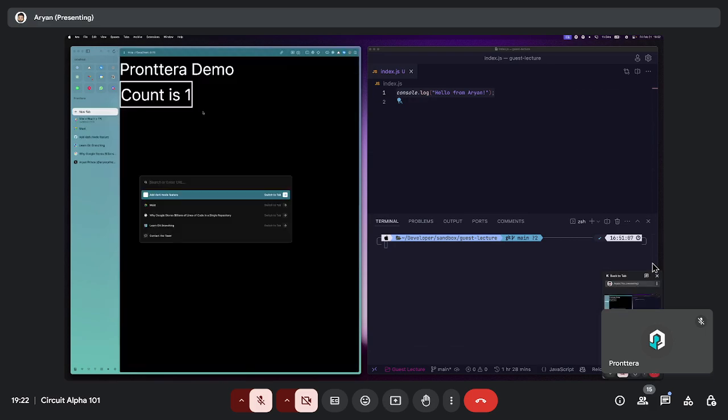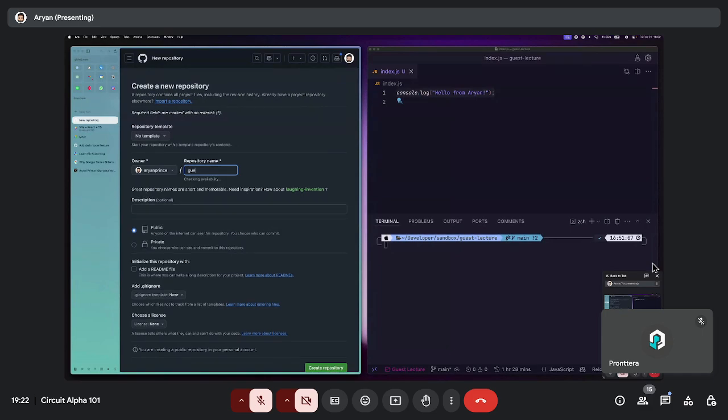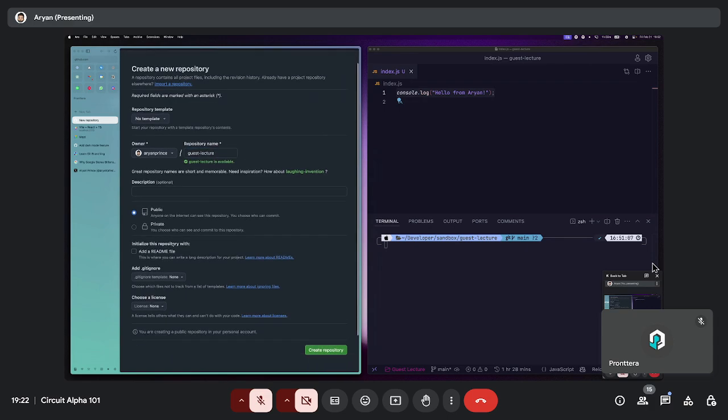There's a handy shortcut which I use often: if you go to this URL, repo.new, it'll just create a new repository page in one go. So it saves a little bit of time. I'll call my repo guest lecture, and the rest of the stuff can be left to default. Public or private is up to you. I'll leave this public so you guys can see this after the classes. So I'll create the repository,